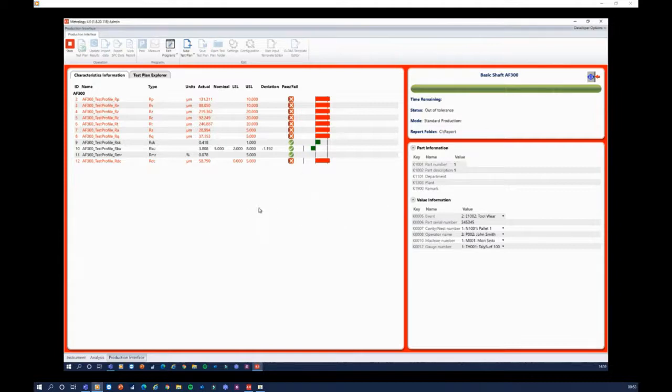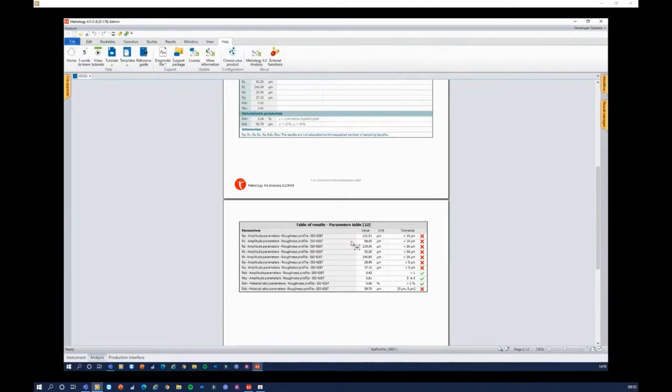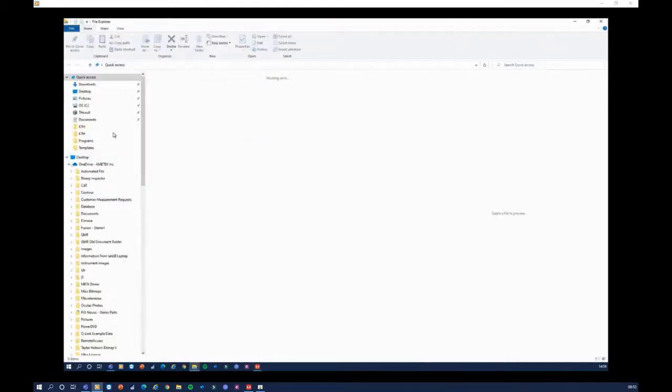I'm going to say yes, but you'll notice now that the backdrop has gone red to determine that something has failed. You can see all the individual fails, you can see all the pass fail criteria here as well, and obviously we've got some bi-directional kind of tolerancing on there as well. The analysis side, more of a basic kind of layout here, but again we've got some internal tolerances in here as well. Now they have also been exported out, so if we go back to the folder view